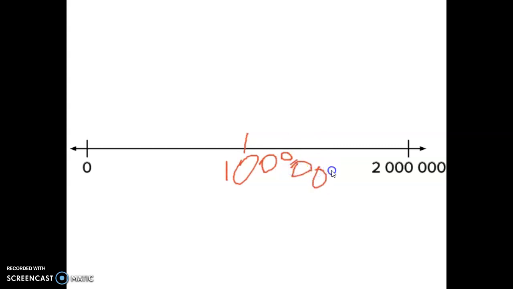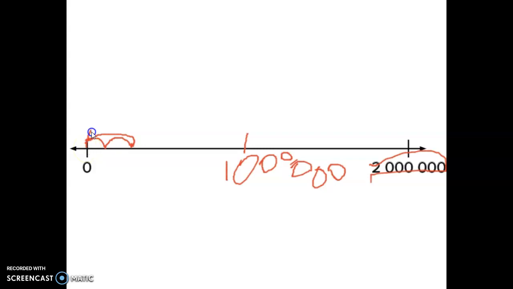Have I drawn enough zeros? No. Half of 2 million is 1 million. And so then I'm going to work out, okay, I need to break this into equal parts. So 10 equal parts. How many jumps am I going to go up in? I'm going to be jumping 20, aren't I? Because if I was to divide 2 million by 10, then I'm going up